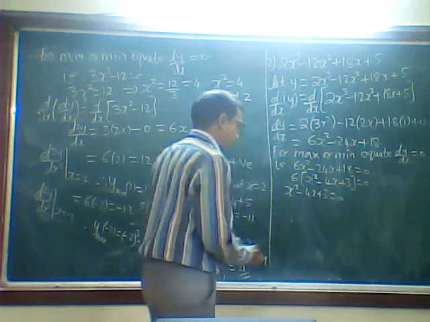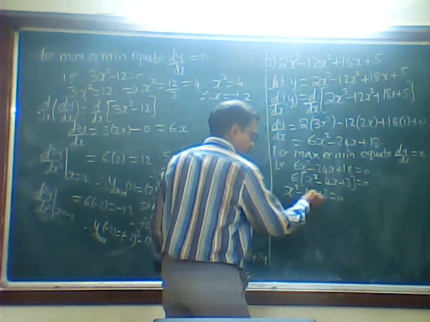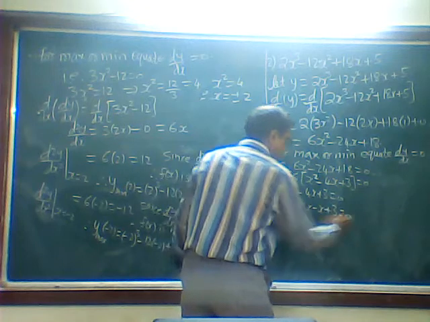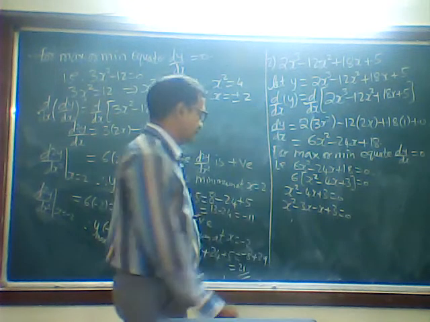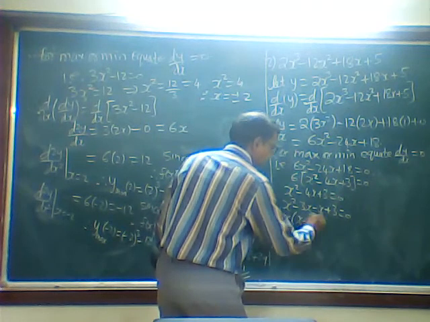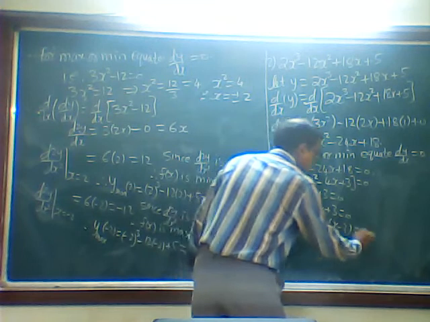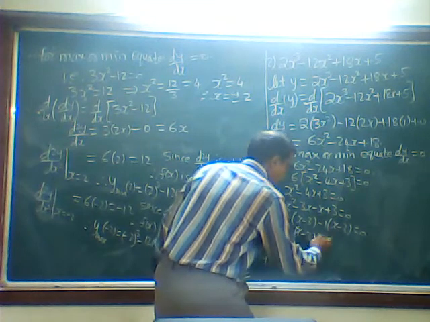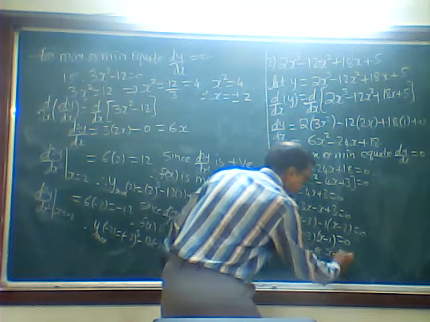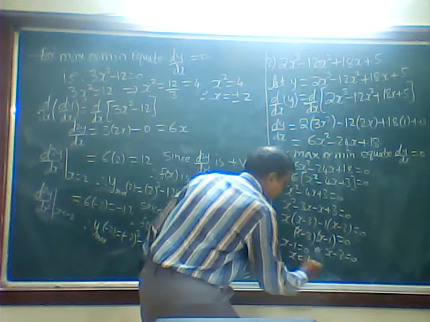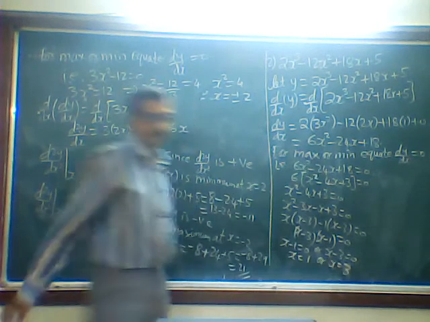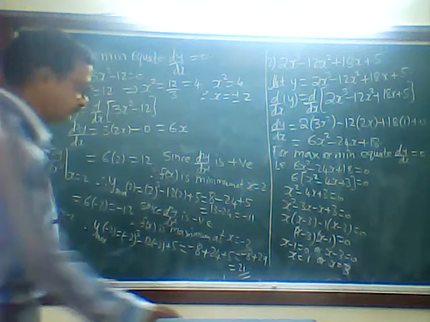I got a quadratic equation. Here plus 3x square is the product, and only minus 4x is there. Means I will take minus 3x and minus x. Minus 3x minus x will get me minus 4x, and minus 3x into minus x will get me plus 3x square. So x minus 3, x minus 1 is equal to 0. x minus 1 is equal to 0 or x minus 3 is equal to 0. Therefore, x is equal to 1 or x is equal to 3. Two values I have got.